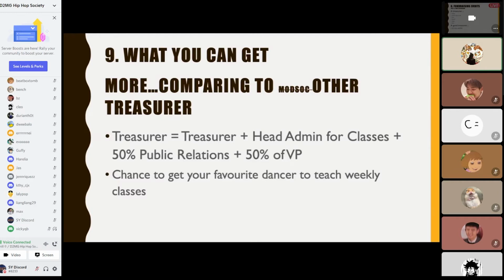And also, you get the chance to apply your leadership skills to motivate the whole team to better perform their tasks, to raise their awareness of issues that you are aware of but others may not be, such as our society running low on finances. You'll also be able to voice your opinions and have more opportunity to get your hands into different events at the meetings compared to other societies.